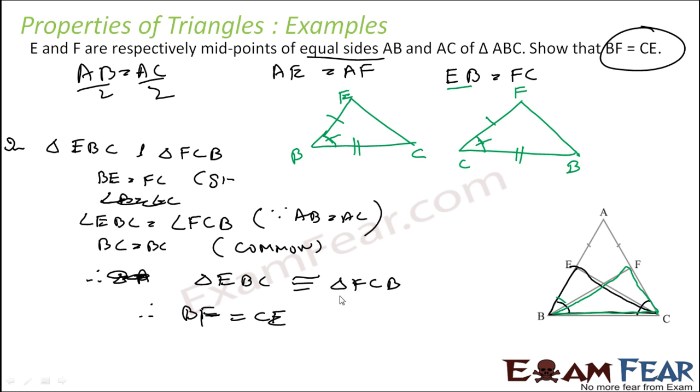So pretty easy, but you should know which two triangles you have to prove congruent, and that is based on experience. You know that this data is given, this angle is equal, these two sides are equal based on the data, and this is a common side. So if you can prove these two triangles as congruent, I can solve my question. So that is with experience. You have to solve more and more questions to get that understanding.